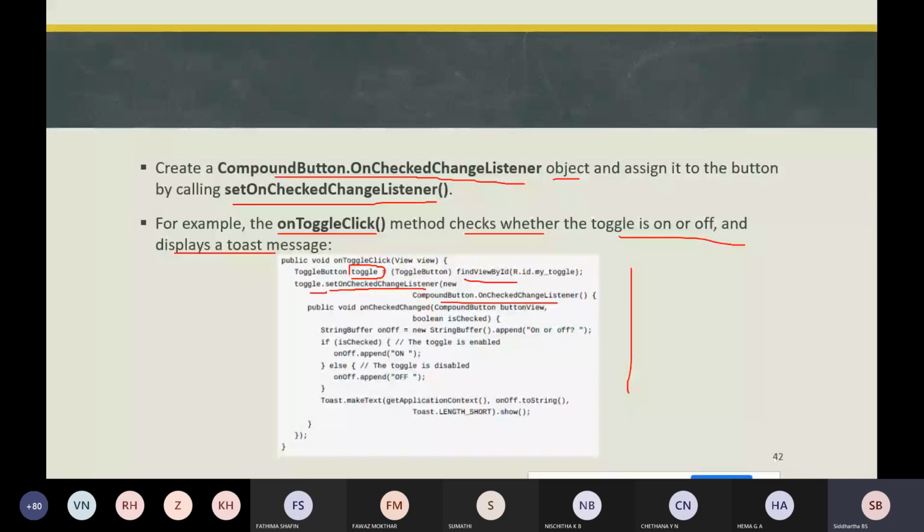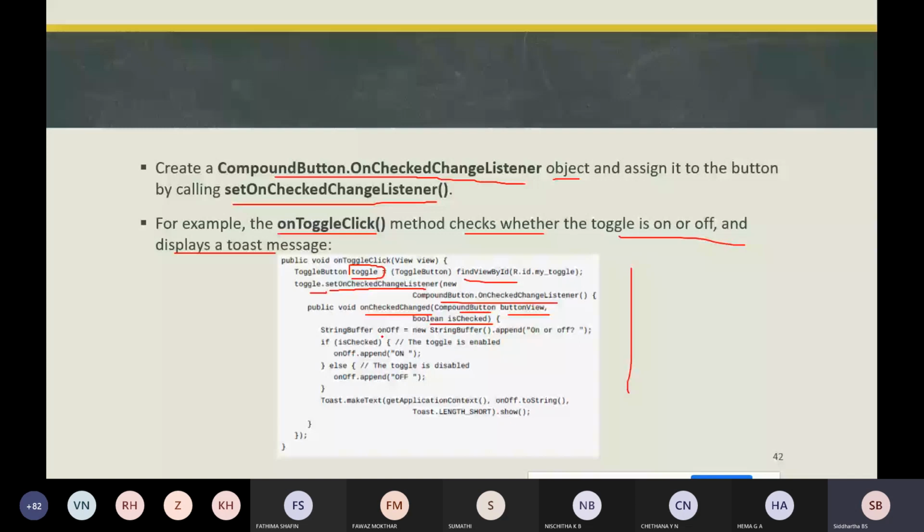Frequently you will be changing, right? Whether the toggle button is off or on. So that's why we have CompoundButton buttonView and boolean isChecked. For that, we are going to create an object of StringBuffer where we are going to append on or off.